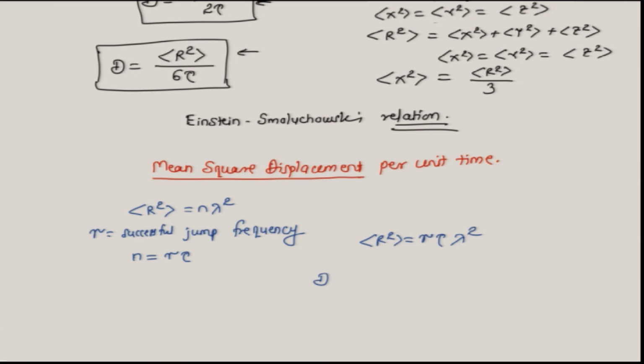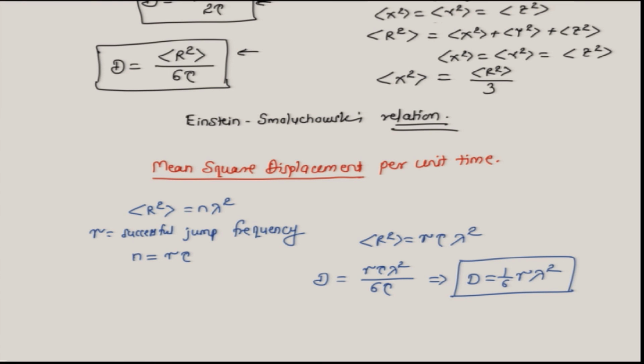and if we substitute in the Einstein-Smoluchowski relation, we get D is equal to gamma tau lambda square by 6 tau for any cubic lattice. So, tau and tau will get cancelled and we get the expression D equal to 1/6 gamma lambda square. So, we get the same equation that we got a few classes back based upon the simple jump frequency model,